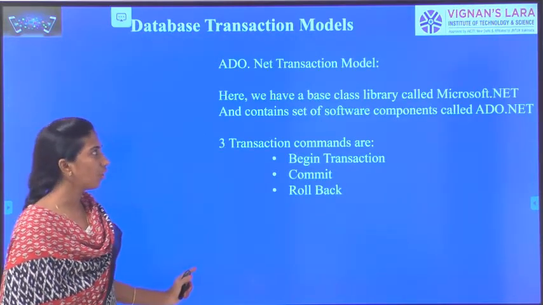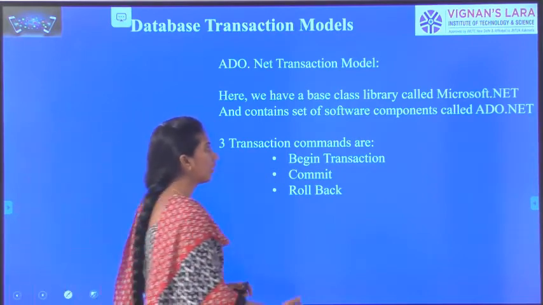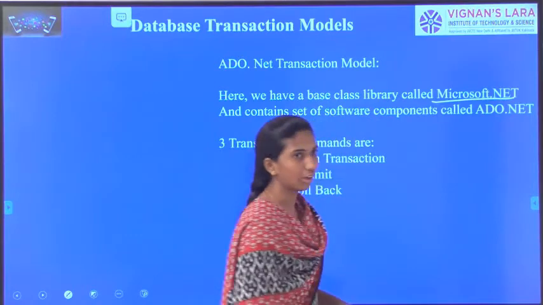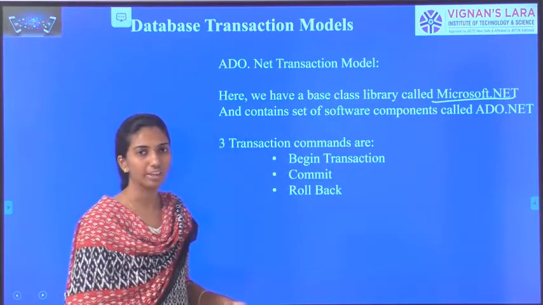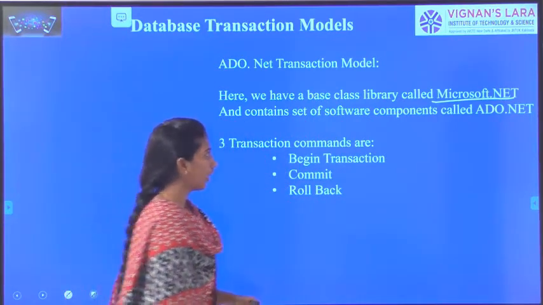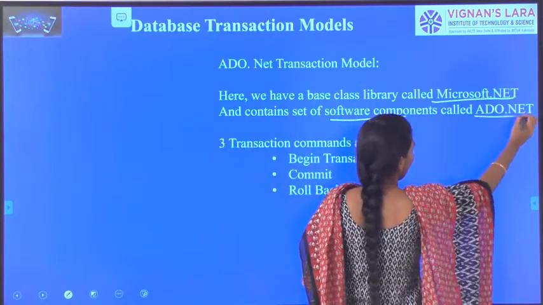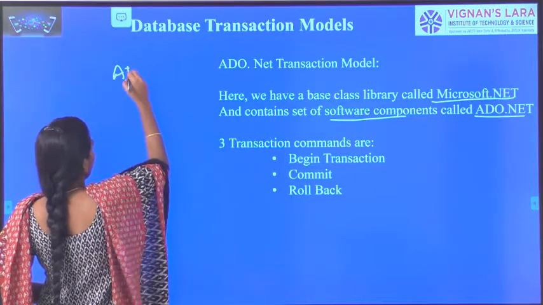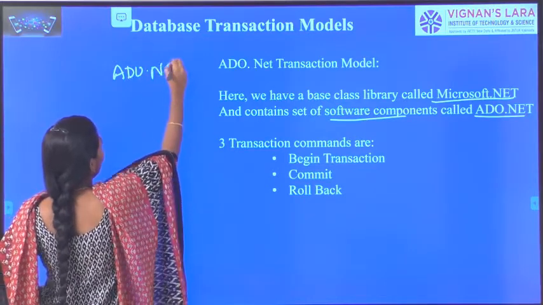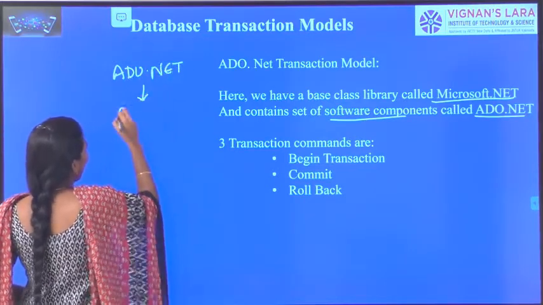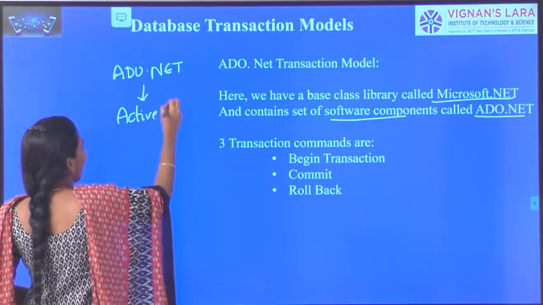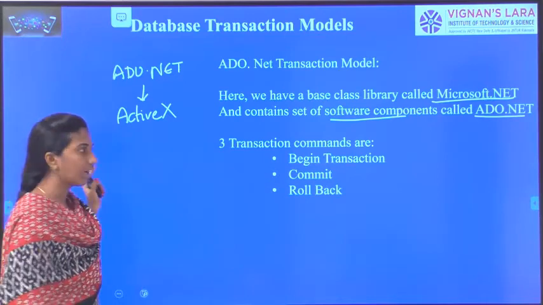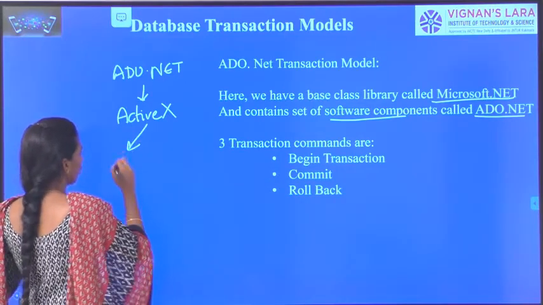In this ADO.NET, it comes with a built-in base class library called Microsoft.NET. What this Microsoft.NET contains is the software components of ADO.NET. Whereas in this ADO.NET, it has a data object called ActiveX data library. What this ActiveX data library contains is, it is used to access